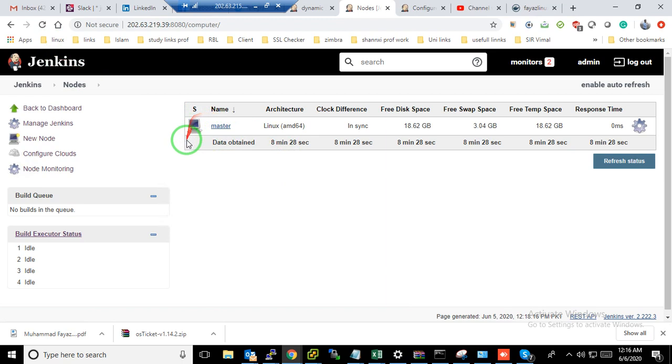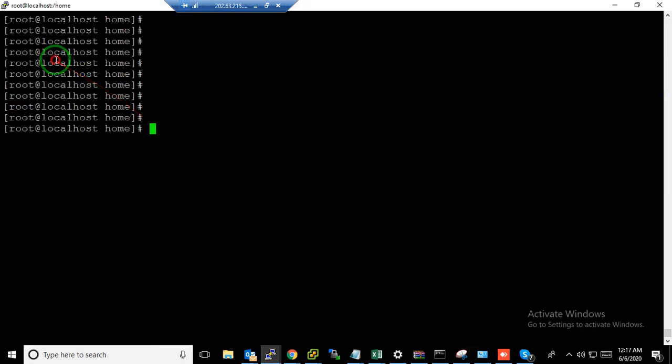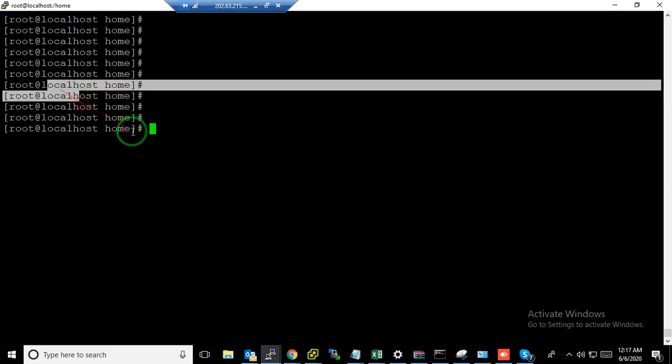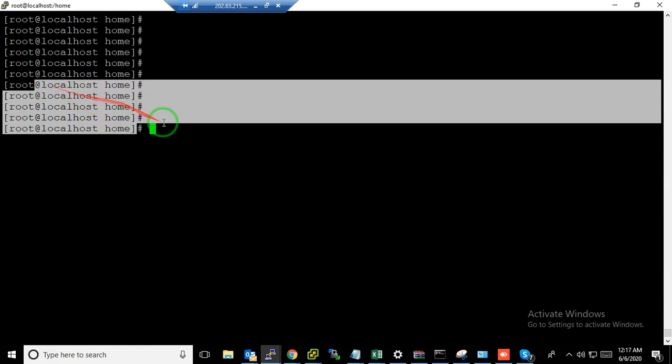So let's make the connectivity from my Jenkins to my slave node, the cloud node that will be added here, so that Jenkins can create the container on it.